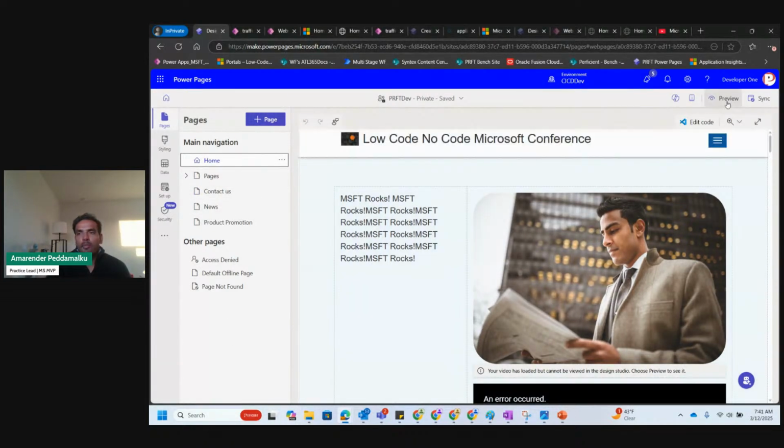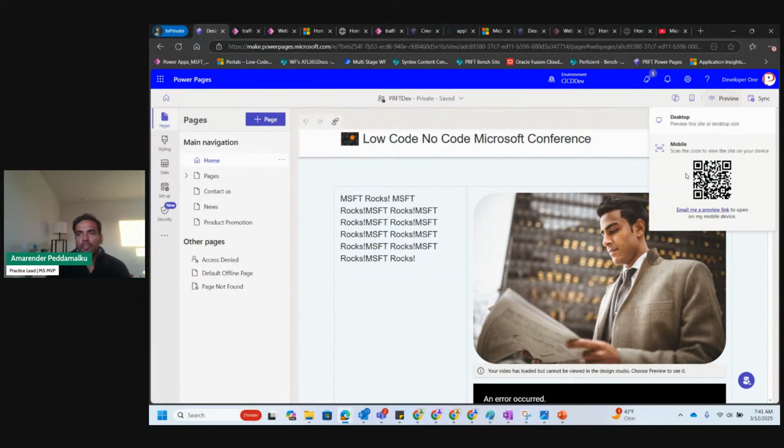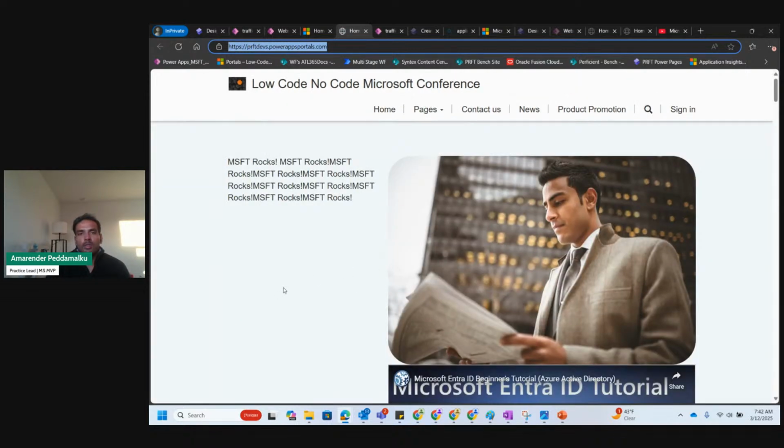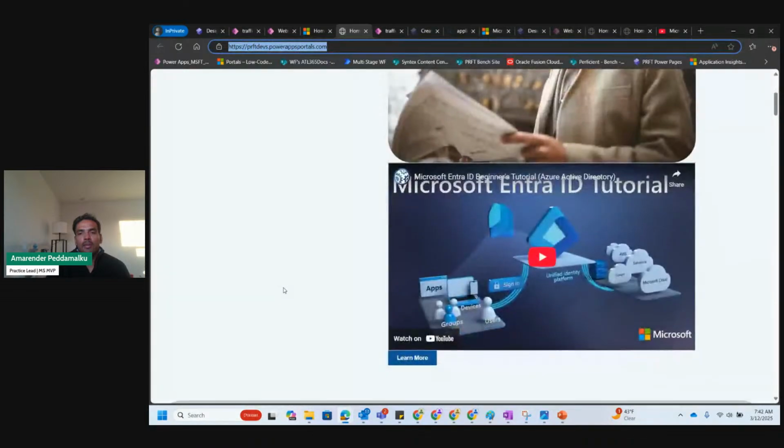And then you can preview it. Once you, let's say, design your website, you can preview it. And cool thing is you can scan the barcode with your mobile and see how the website is going to look on your mobile. And you click on desktop, it'll show you how your website is going to look. This is the previous one, so it's thinking about it. It's going to refresh in a moment, but so there it is. So this is how your website is going to look live.